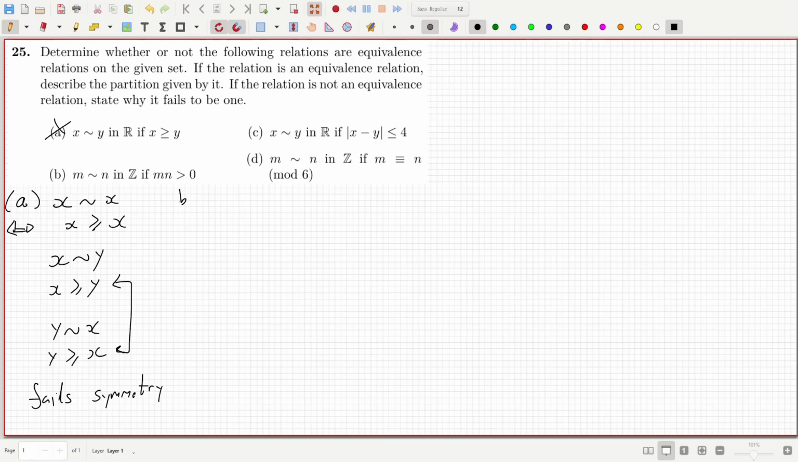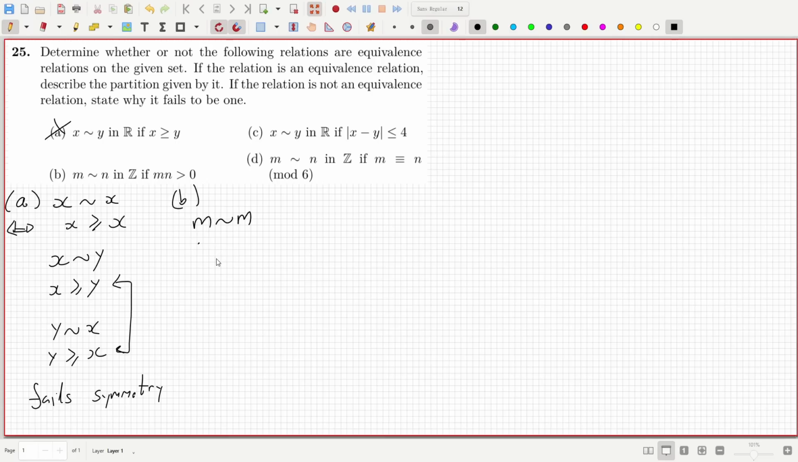B, two integers are equivalent if their product is positive. So I should use m, maybe: is m equivalent to m? Well, I mean,